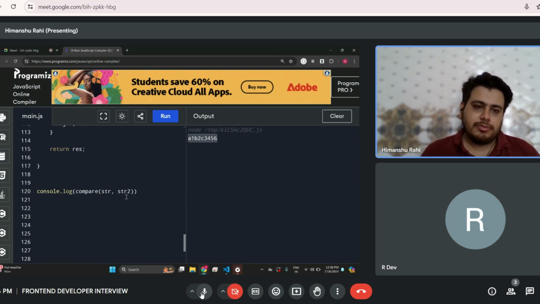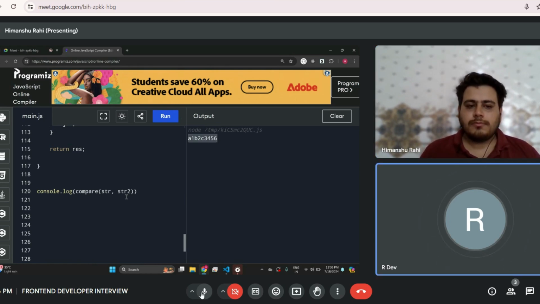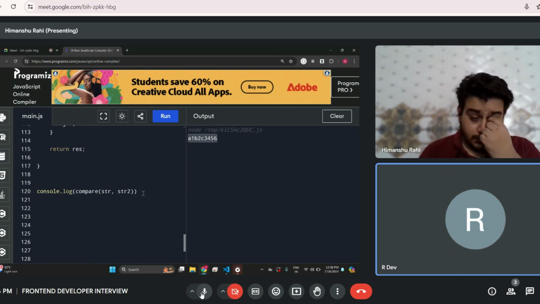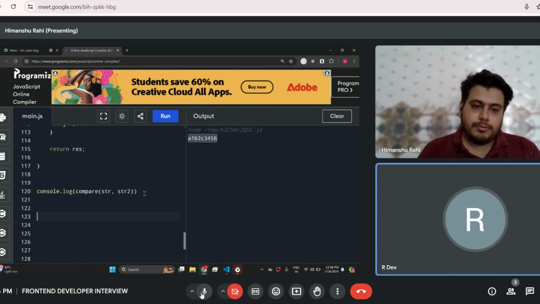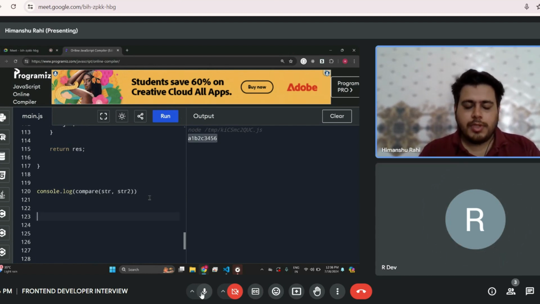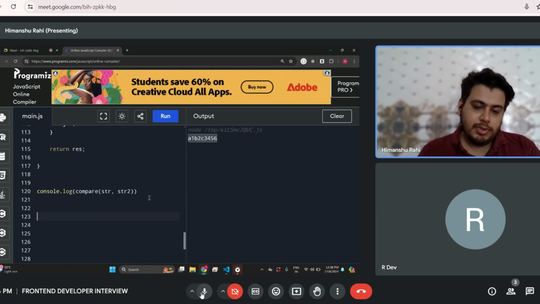Can you write the syntax for mounting, updating, unmounting in functional components? In the functional component, React introduced hooks.